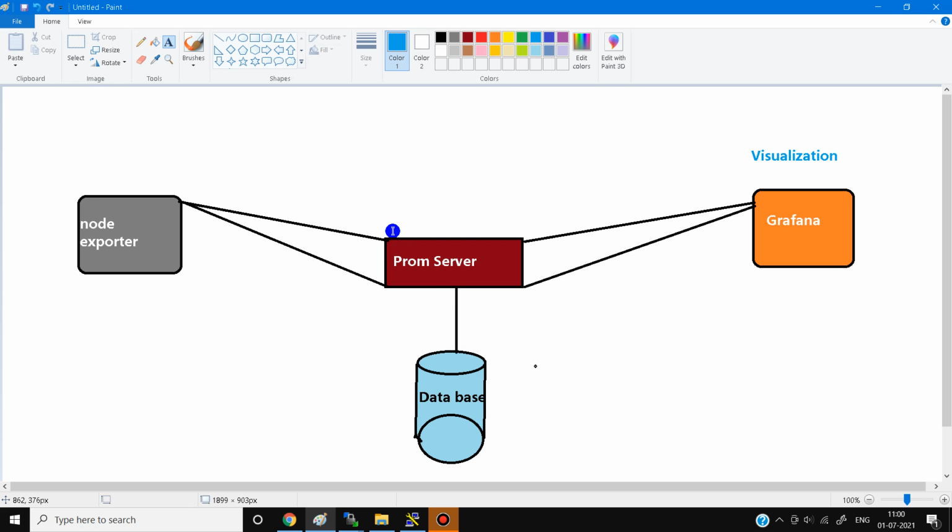Now this portion has been done, and now the role of Grafana comes. Sorry, this diagram is a little bit wrong. The lines which are connected with the Prometheus server should be connected from the database.